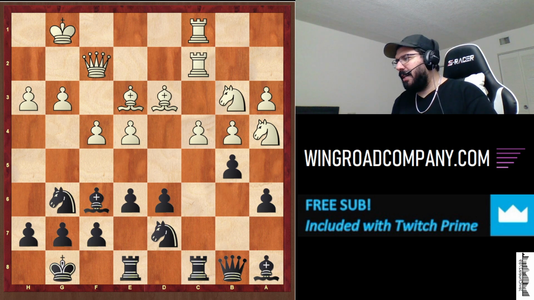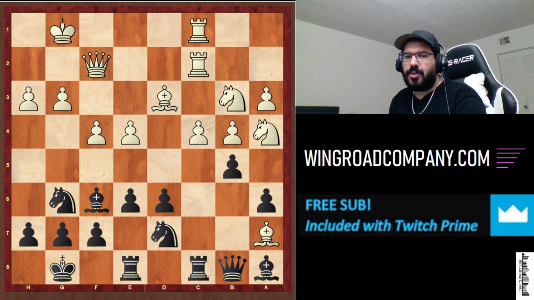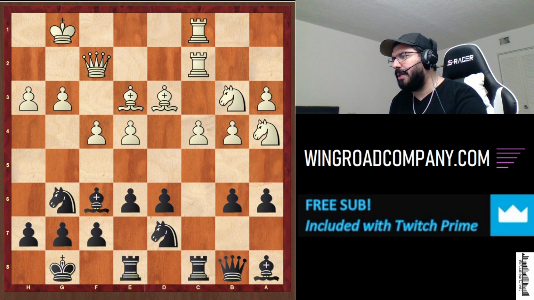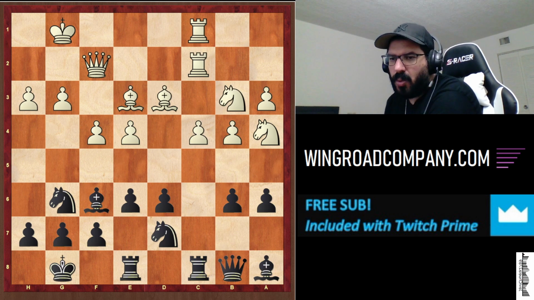So b5 is not great due to this very interesting looking move, bishop a7, queen b7, and you have problems. You have serious problems with your queen. If you go queen c7, probably going to take on b5, winning a tempo here on c7, and you got issues. So the better move here would have been, instead of b5,